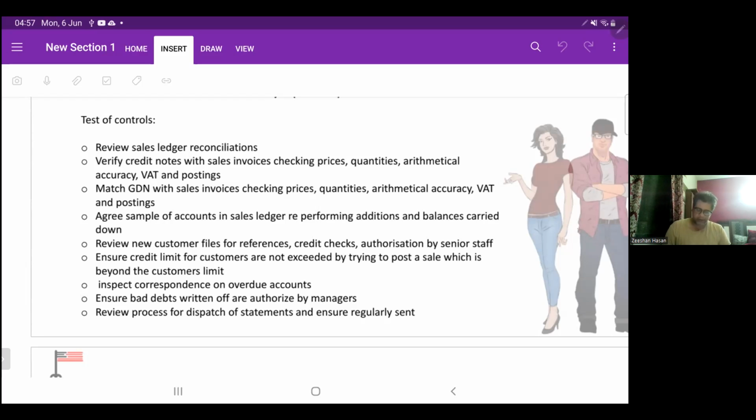They will ensure bad debts written off are authorized by managers, and they will review the process for dispatch of statements and ensure they are regularly sent. This will be the test of controls. So that's how you should design your control objectives, control procedures, and tests of controls